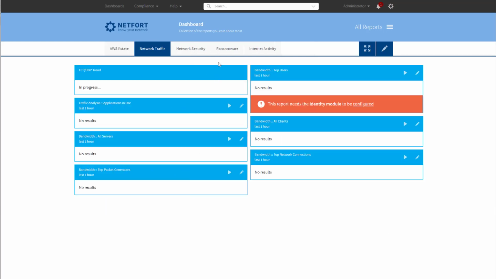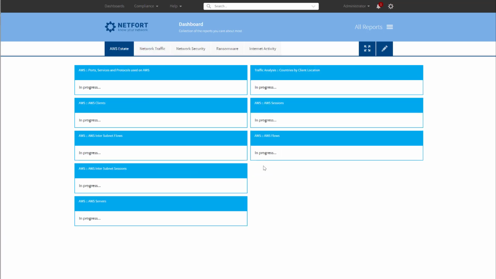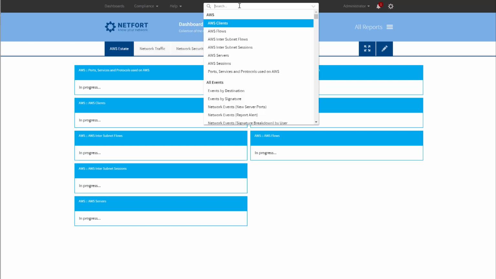So again, it'll take a couple of minutes for, let's go here to the AWS Estate Dashboard. It takes a couple of minutes for the reports to update. But while we're waiting for that, let's actually go and take a look at some of the AWS reports. So the first one,